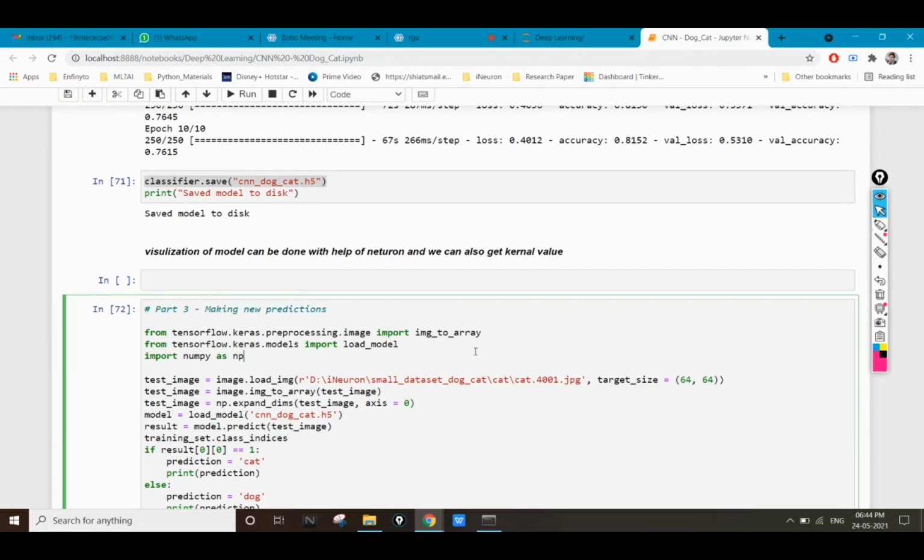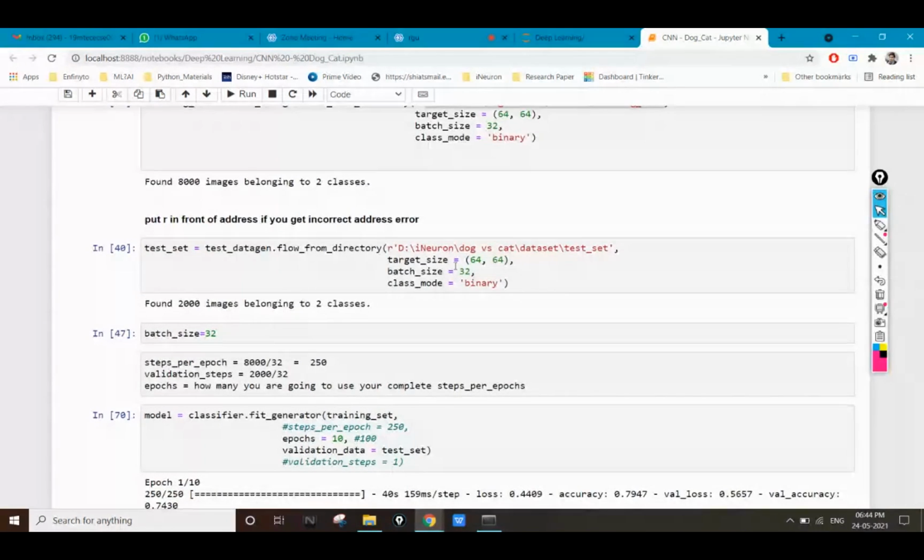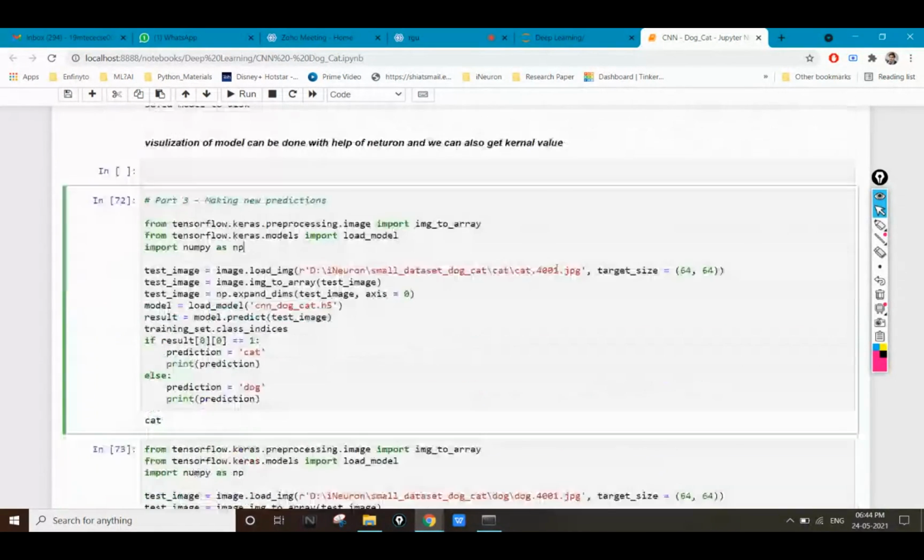You can see that I am passing a different address. For training and testing I was providing a different address. Now for making predictions, I am providing a different address so that I can give values which have not been used for training and testing.